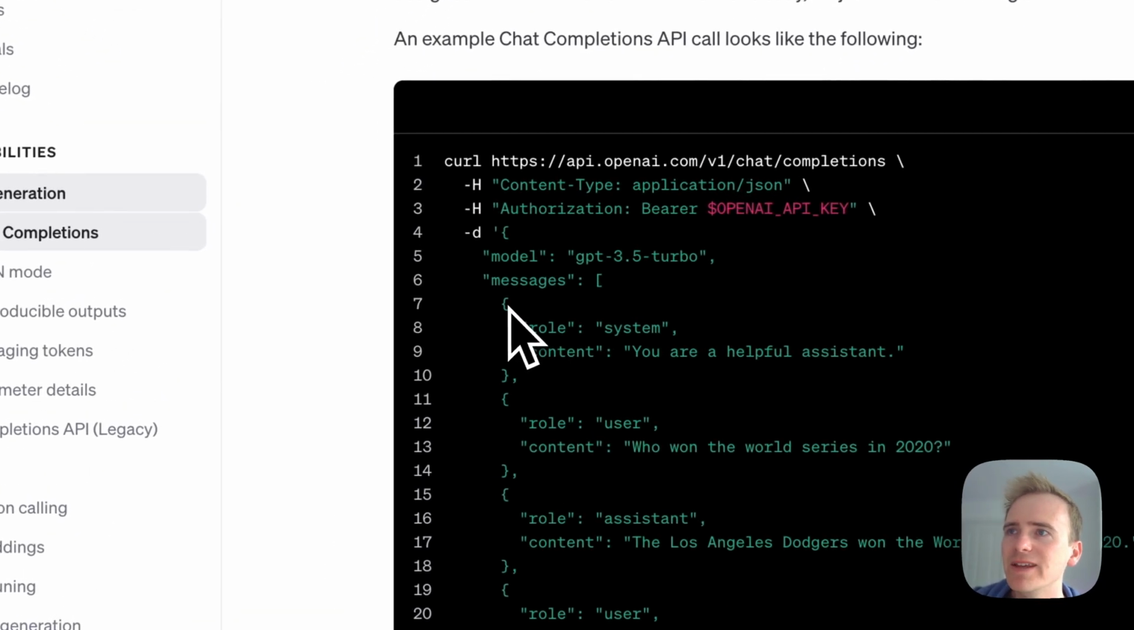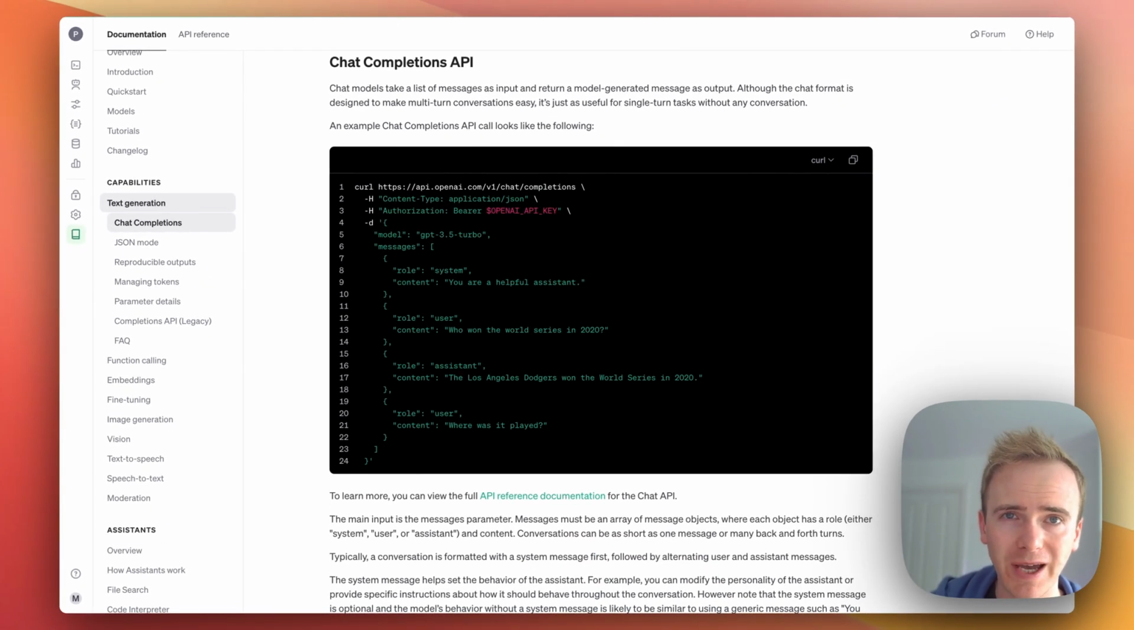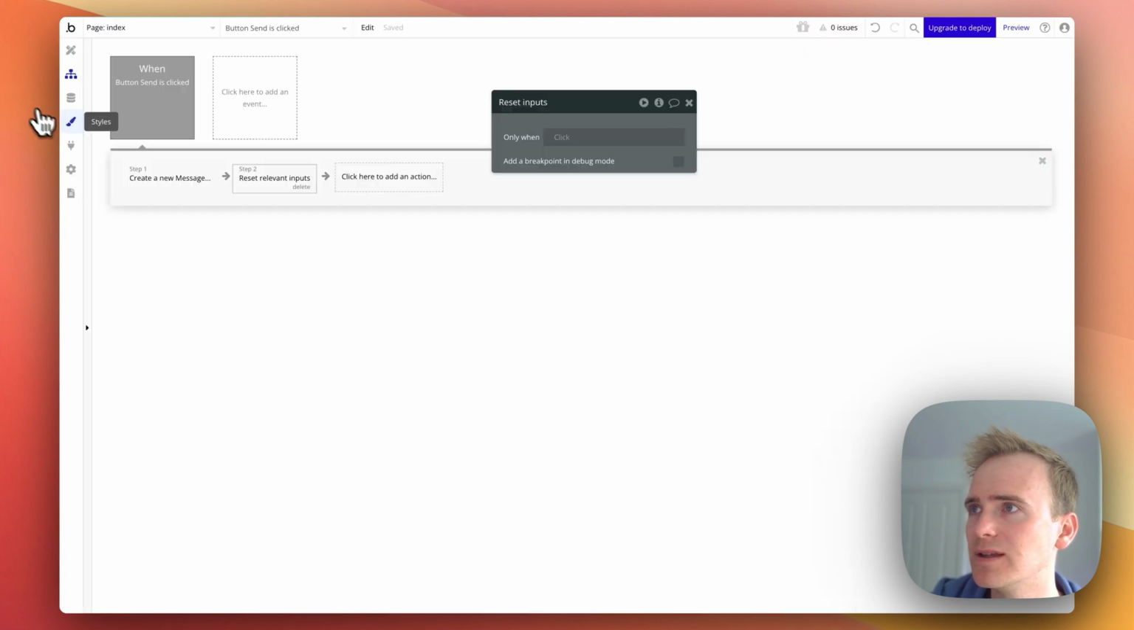Because remember, I need to send a list of messages. So I have to actually change what I've done in the API connector. The API connector is perfectly set up for sending one message and getting one response back, but it isn't set up for a conversation. So if I go back into the API connector,